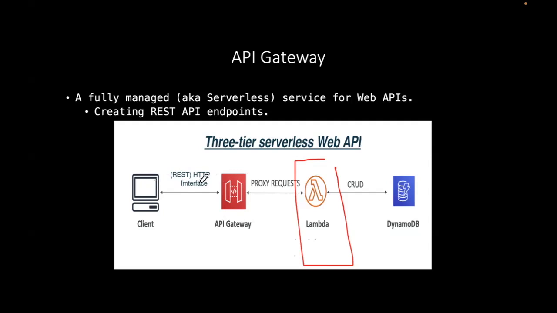And generating those SDKs from an API configuration is pretty much an automatable task, and API Gateway does that for you,